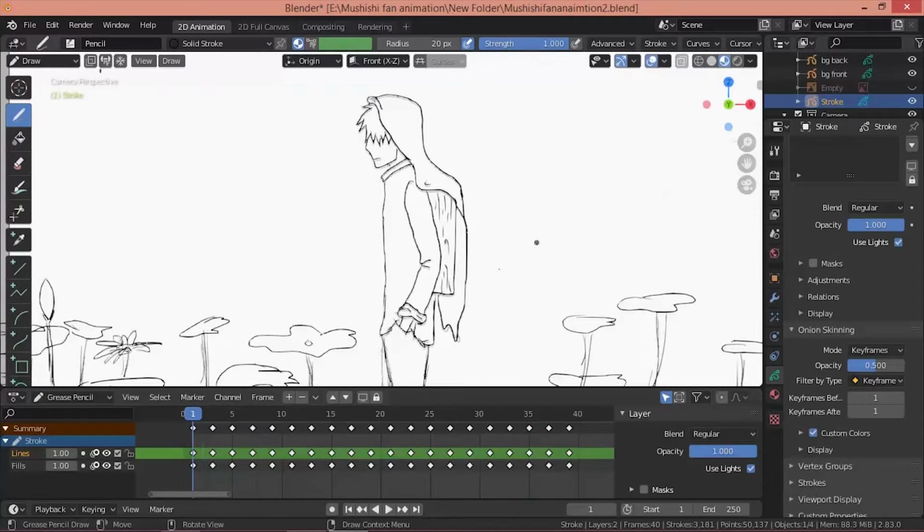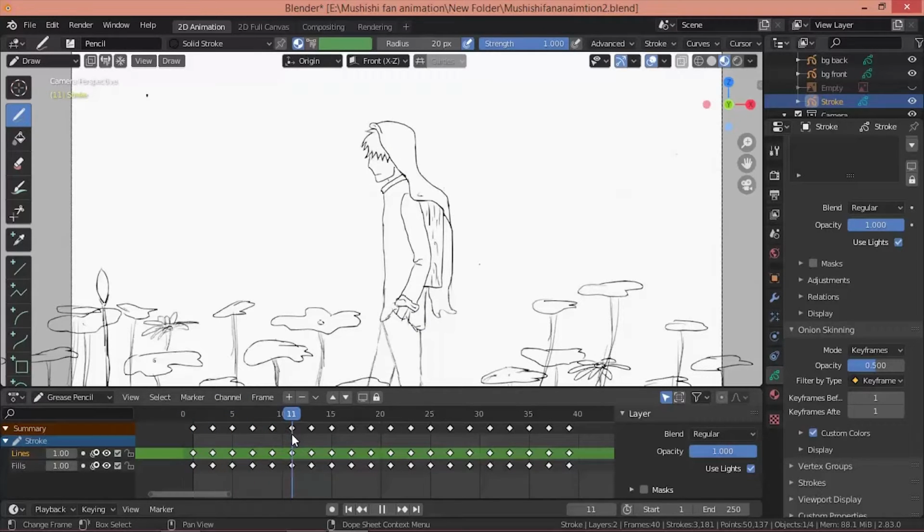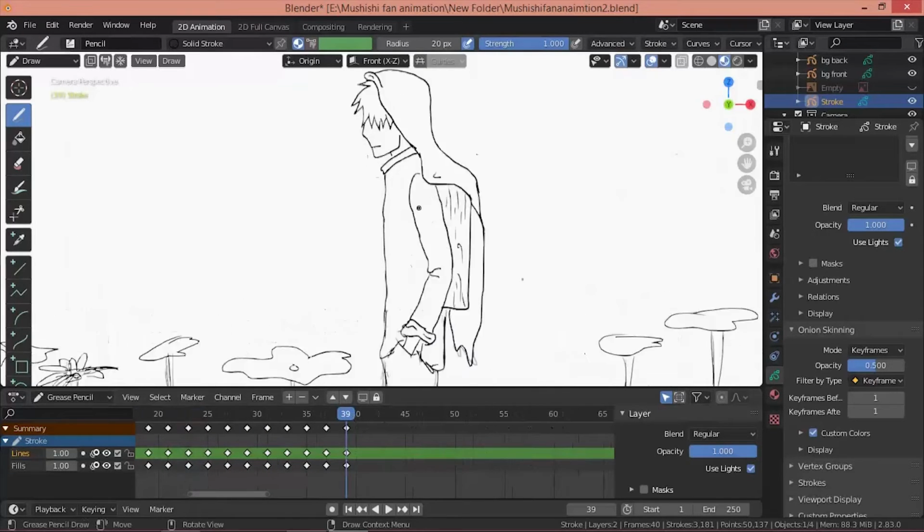Now some of the tips that I could give you: after you draw the keyframes, for example it's your first keyframe, then the 11th frame, the second keyframe, and the 21st frame is your third keyframe, and these are the in-betweens between the keyframe poses.